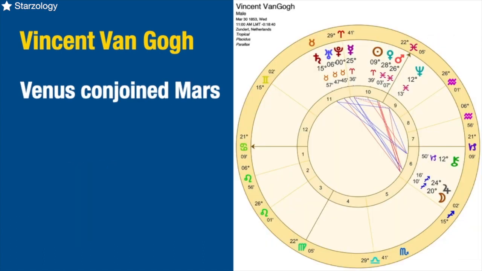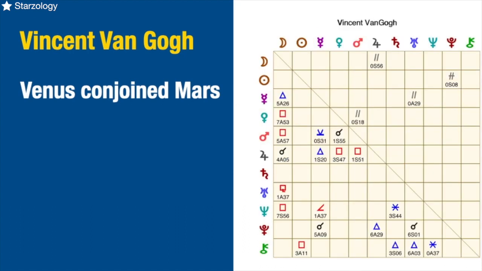Let's look at another one. Venus conjoined Mars. There's the conjunction. Venus is up there very close to Mars. And when we look on the aspectarian grid, we see there's the conjunction for it. You go down the Venus column, you go across the Mars row, and you see the conjunction between Venus and